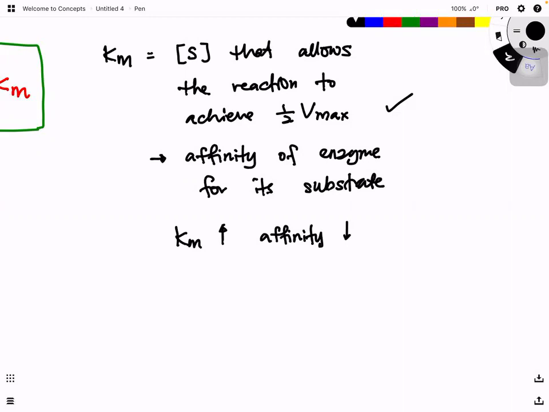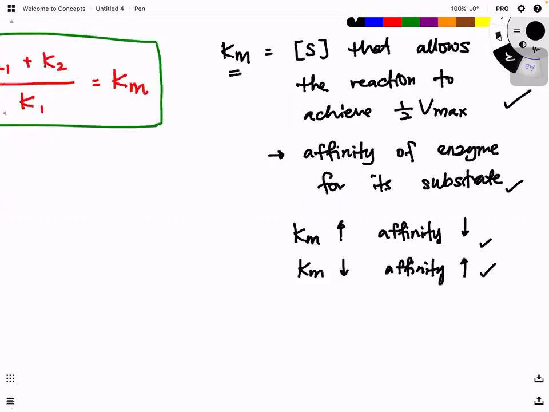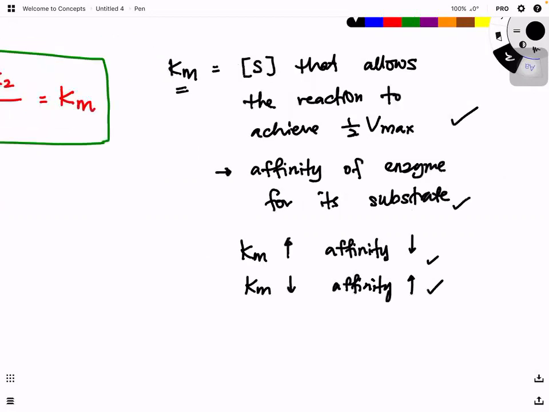Okay, so Km actually is the substrate concentration that allowed the reaction to achieve half Vmax. It also indicates the affinity of the enzyme for its substrate. This one we know, right? And we do know that when the Km value is high, affinity is low, or vice versa: when the Km value is low, affinity is high. So this one we know. Are you clear? So now we look at how we can actually explain why Km